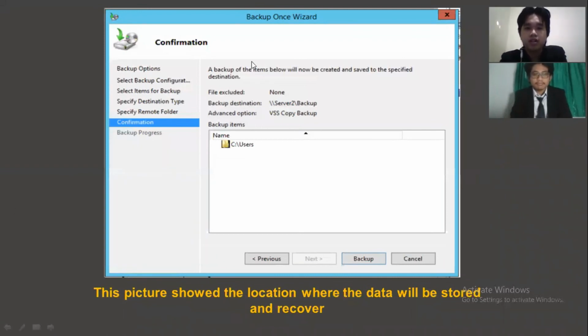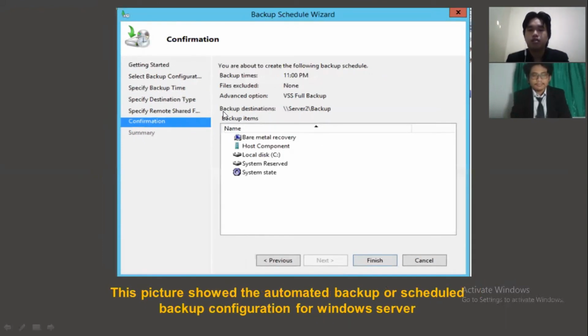Next, this is the backup once wizard, the place or location to store the data from our server. If you want to back up the server, you need to choose a location. Like we choose the users folder on the C drive, and the location will be shown in the table like this.